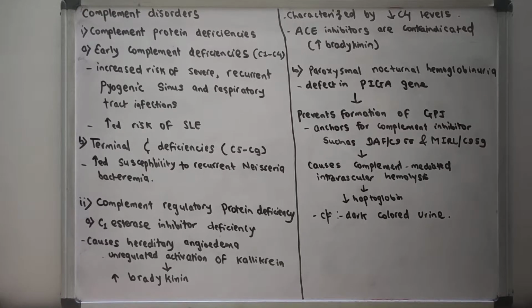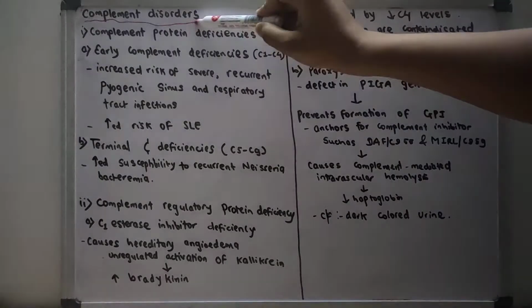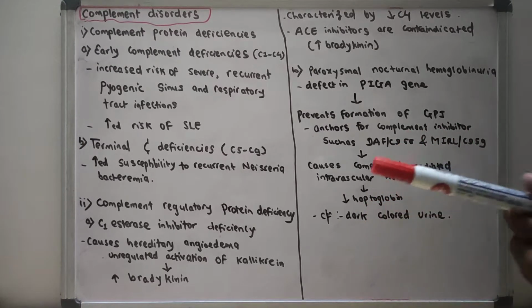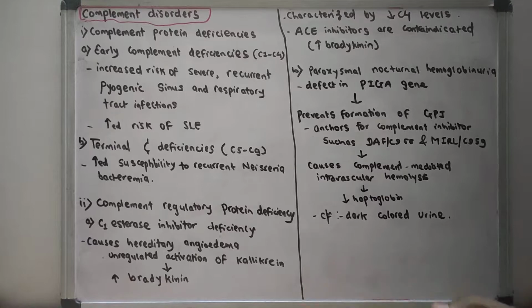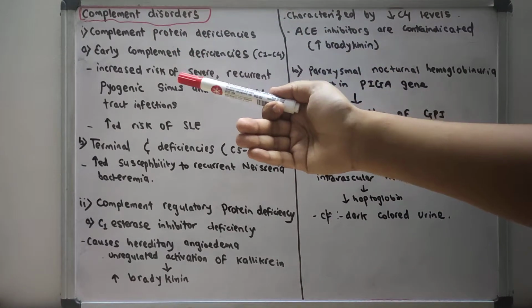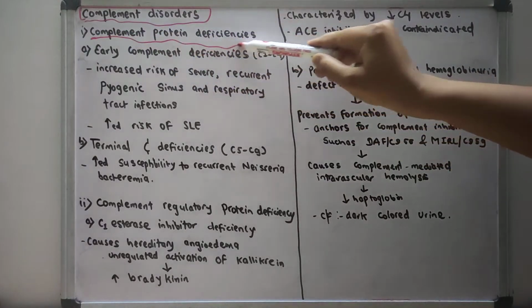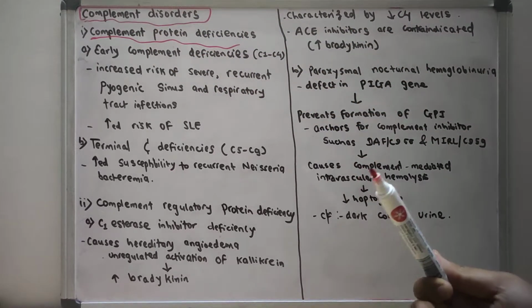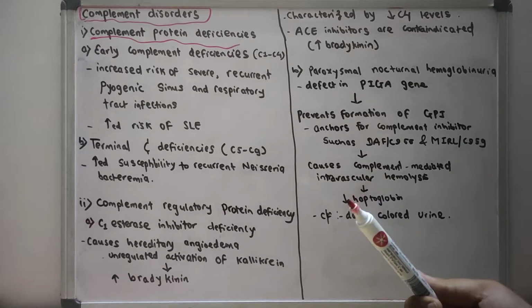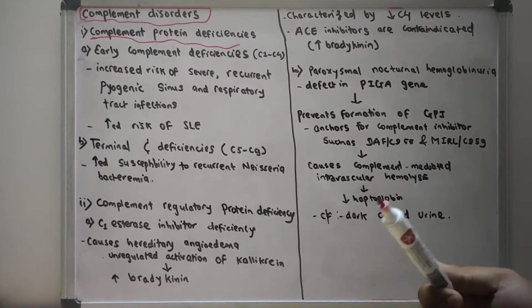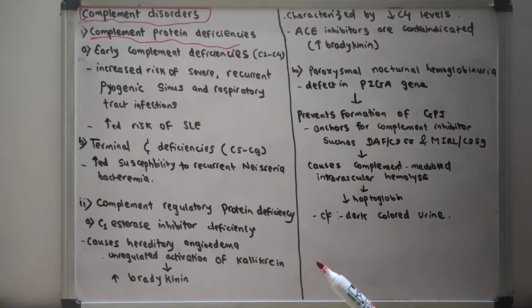Let us discuss today about the various complement disorders. Before explaining those complement disorders in detail, I want to say that complement disorder occurs mainly in two ways. One is due to complement protein deficiencies. There are various complement proteins like C1 to C9, so if there is a deficiency of those proteins, there could be complement protein deficiency, and another is that